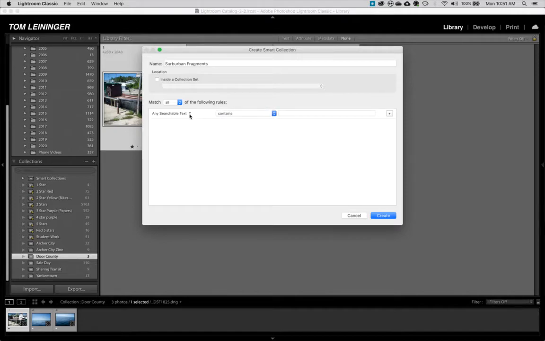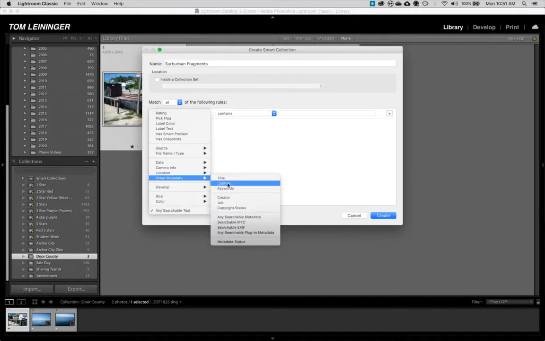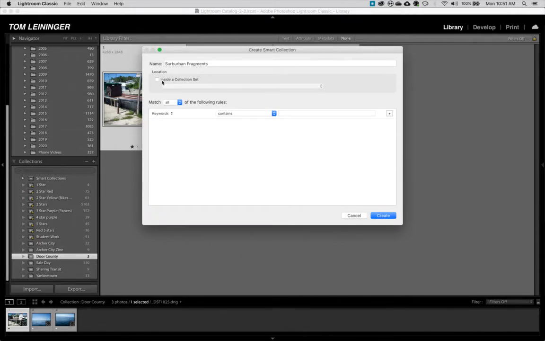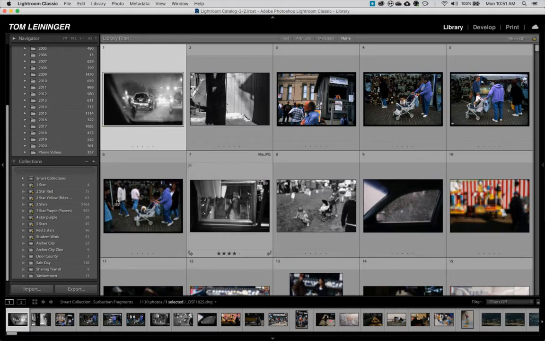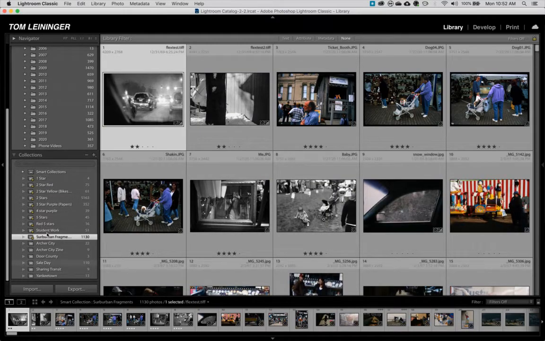Or let me double check that. Other metadata. Oh, there it is. That's what I want. Keywords. Contains words suburban fragments. Okay, click create,